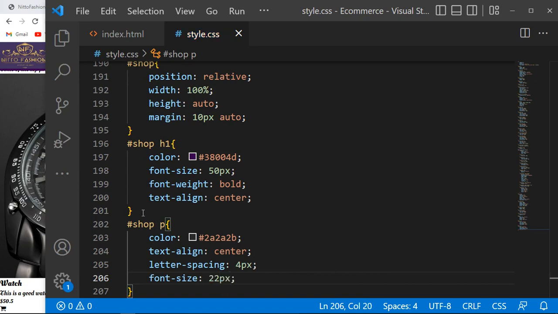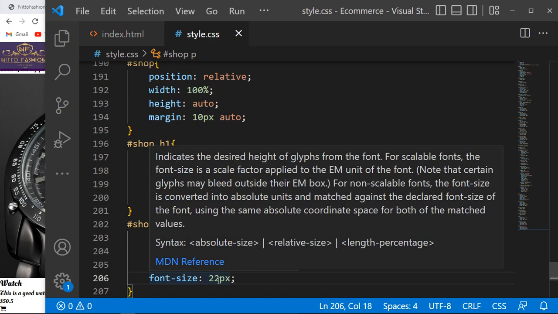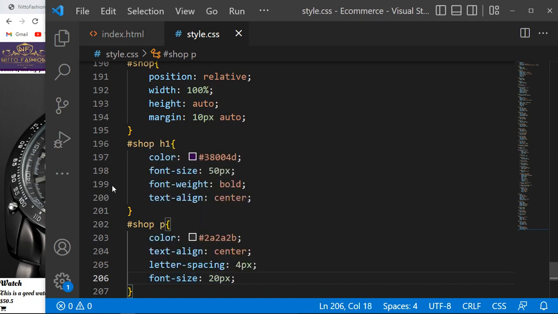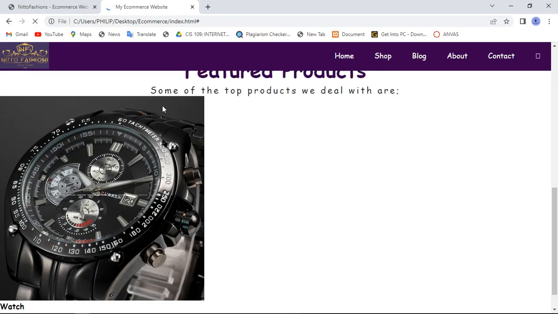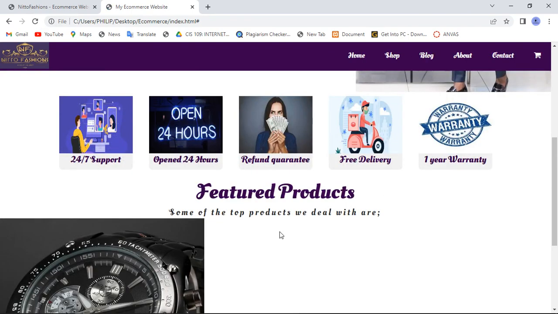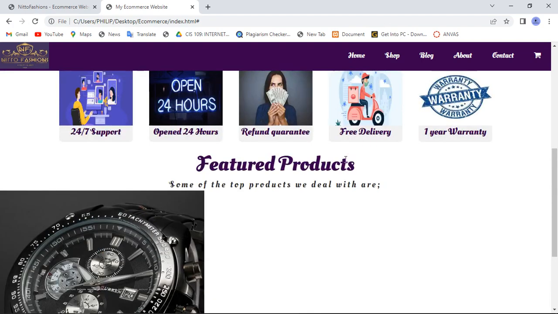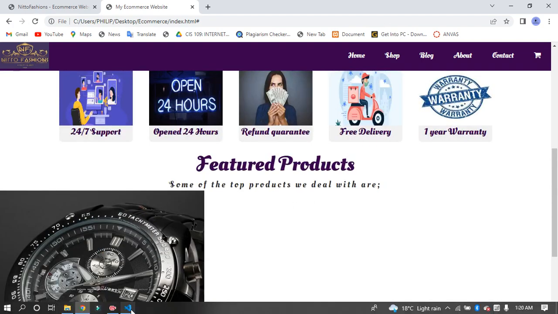Okay. The rest, you can set it to 20 pixels. Okay, this is how it is appearing now. Now we just need to style